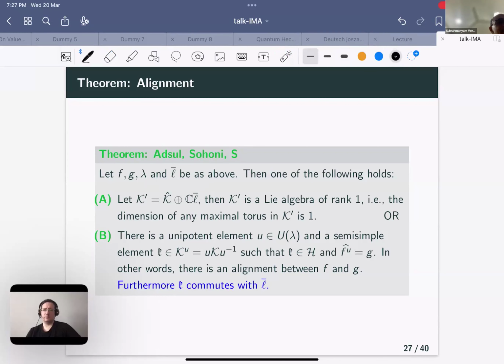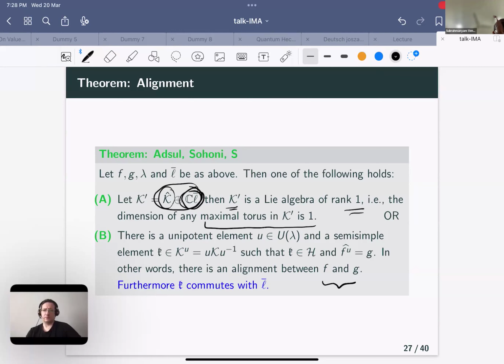Now we have this very intriguing theorem which tells us that if I look at k hat and just append to it that L bar, then one can show that this k prime is also a Lie algebra in its own right. Either it is a Lie algebra of rank 1, which means the dimension of the maximal diagonalizable torus that I see here is 1. Or if that does not happen, then